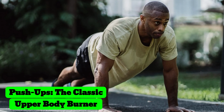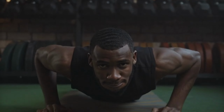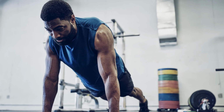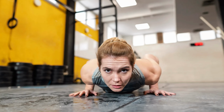Push-ups, the classic upper body burner. Push-ups are the bread and butter of bodyweight exercises, providing a comprehensive workout for your chest, shoulders, triceps, and core. The beauty of the push-up lies in its simplicity and versatility. You can modify it to suit your fitness level by adjusting the angle or adding variations like diamond push-ups or